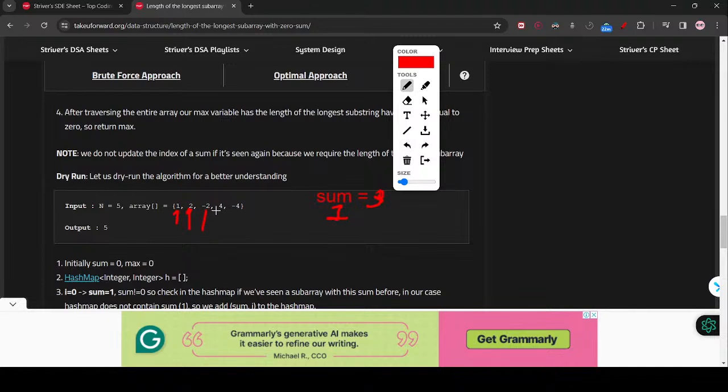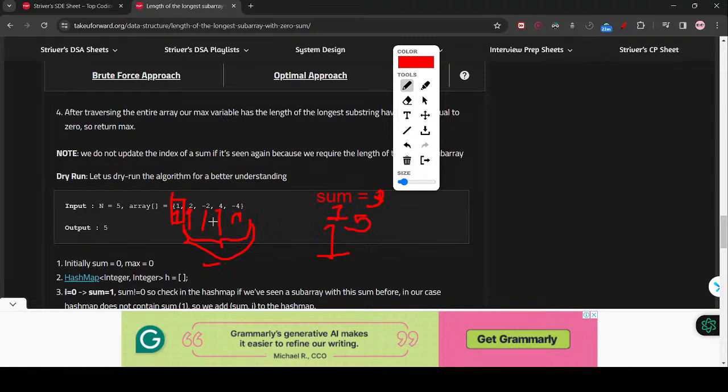Now we will move ahead. The sum becomes 5. If we move again ahead, sum becomes again 1. So as we know, the sum previously over here was 1. So everything to the right till the current index is our current largest subarray, which is of length